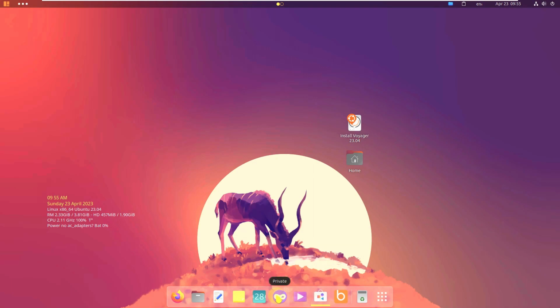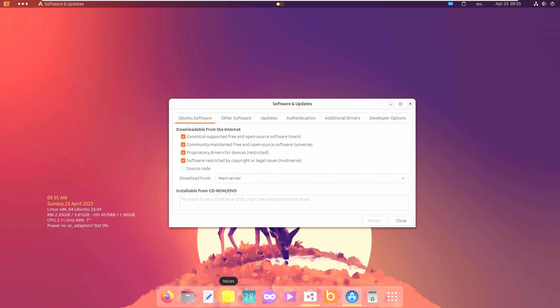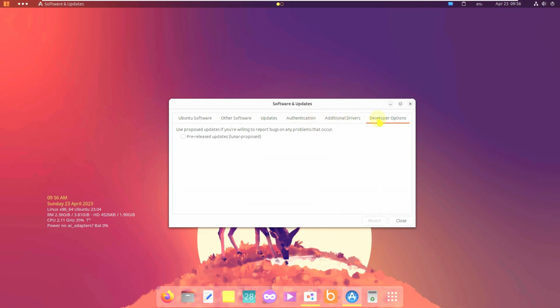This is a private Firefox web browser. On the dock, we have a Firefox web browser, file manager, text editor, notes, agenda, private, SMTube, software manager, and some of the applications. So these are some of the info here. So let's close this thing and